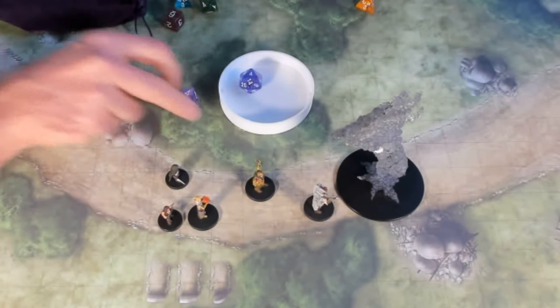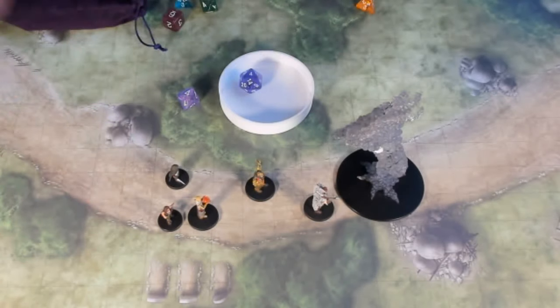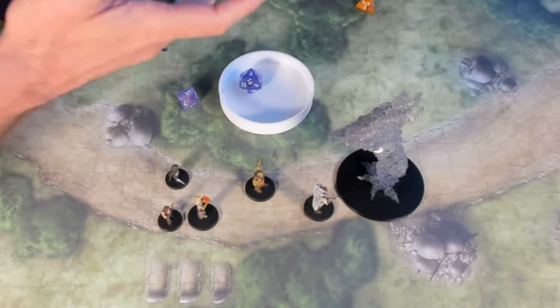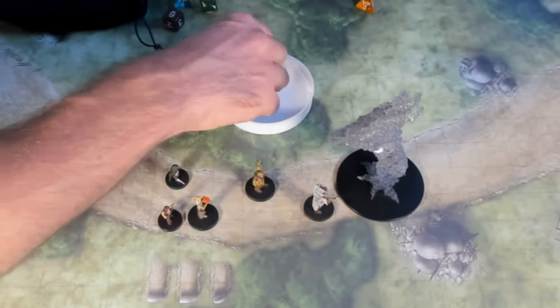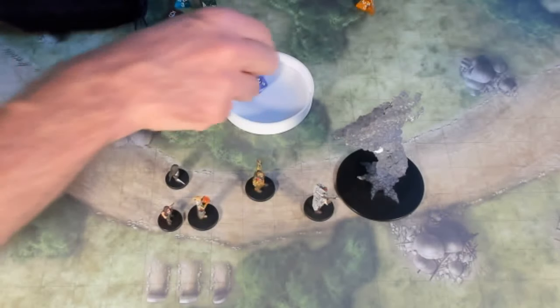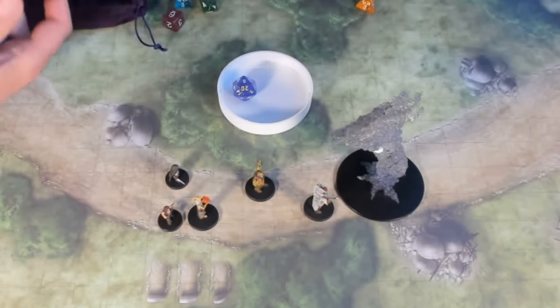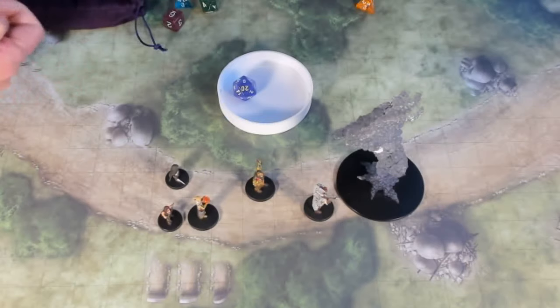So this is a good time, as the bard, to do your thing. You say, look, I'm going to give you bardic inspiration to my wizard, and they can use it at any time they like. I would suggest using it for a saving throw, because the air elemental might come through and try to knock you out of the way. So when you're making your saving throw, you roll your dice, right? I don't have disadvantage. I rolled an 8, and if I need it to be a little bit higher, because strength, usually your wizard's only going to have either a minus, or it might even be just a flat 0. In this case, let's say it's a flat 0.